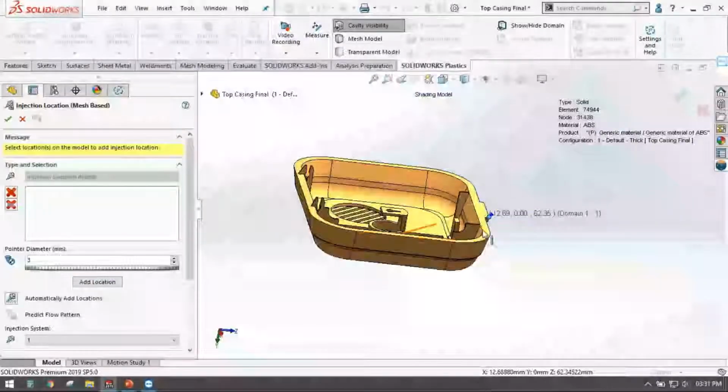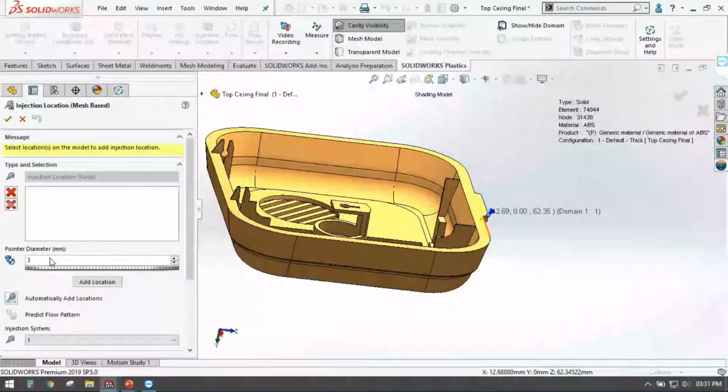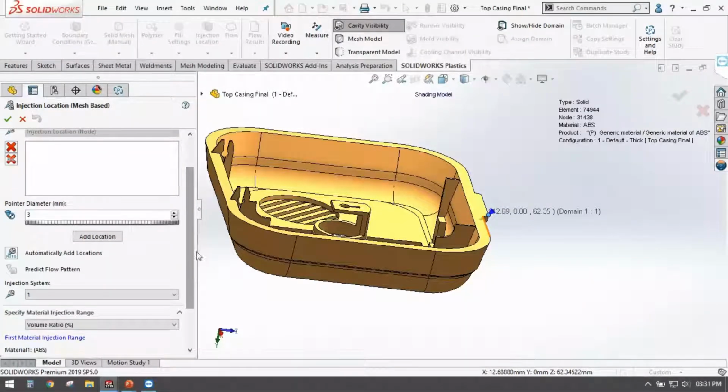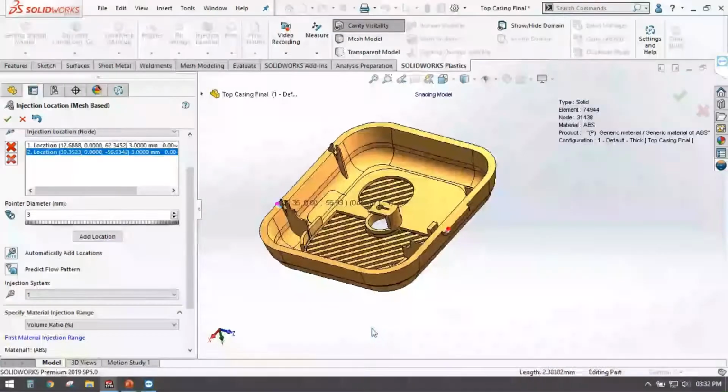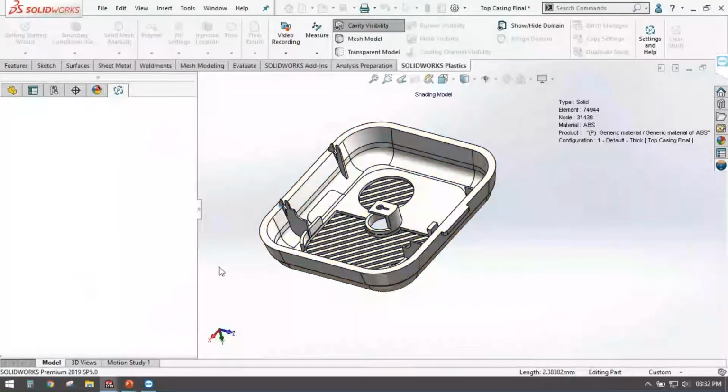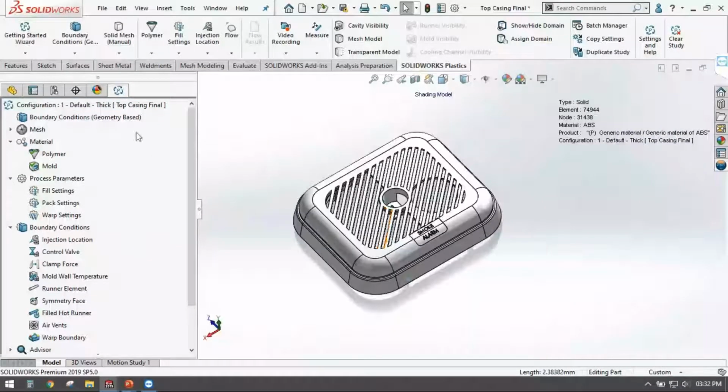So over here you can add the location, you can specify the diameter, right? Even you can specify not only one but different gate locations if it is a multi-gate system, right? So you can specify multiple gates also, and then specify the next parameters, right?